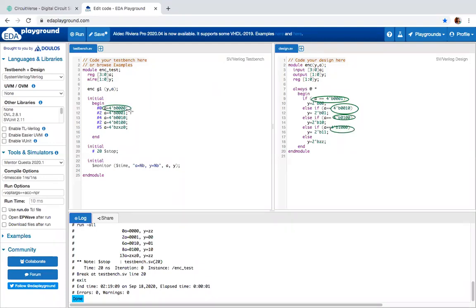But in the test bench, I've given 0 0 0, and for anything else I've given an output of ZZ. Since I don't have any value for A equal to 0 0 0, I've got ZZ, which is correct according to our design. The second test case I've given is A is equal to 0 0 0 1.